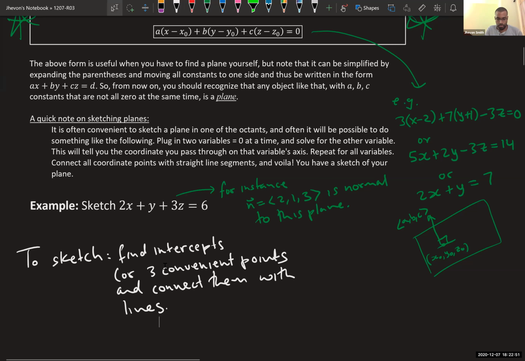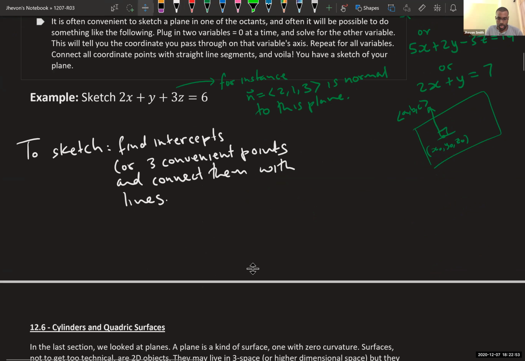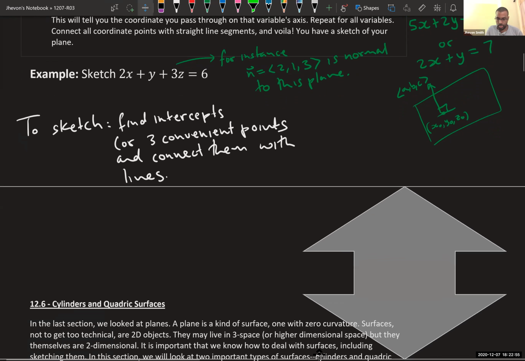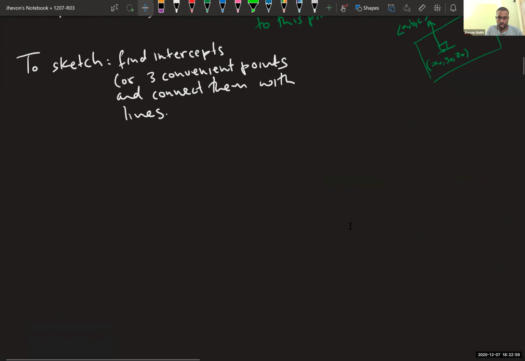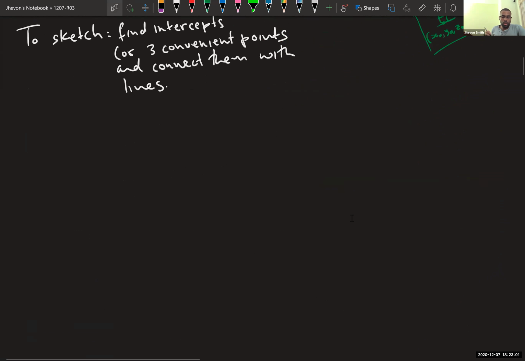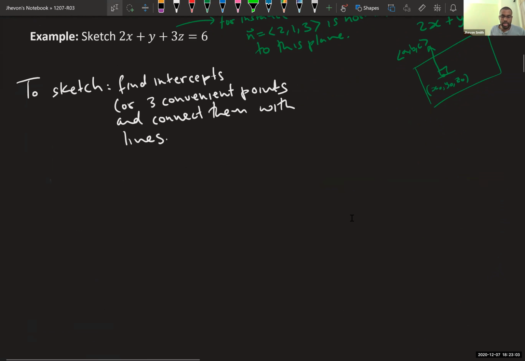And I'm going to need more space. Okay. So for example, for this plane here,